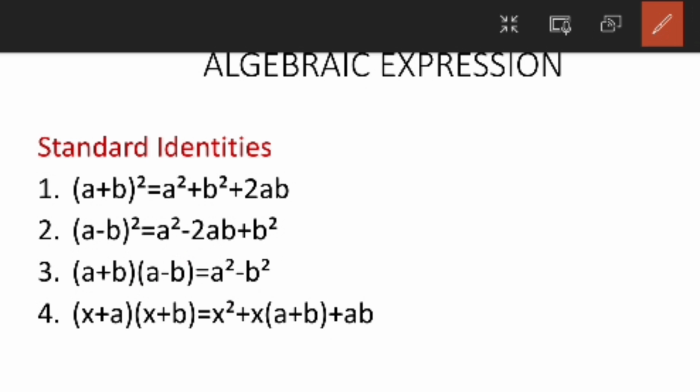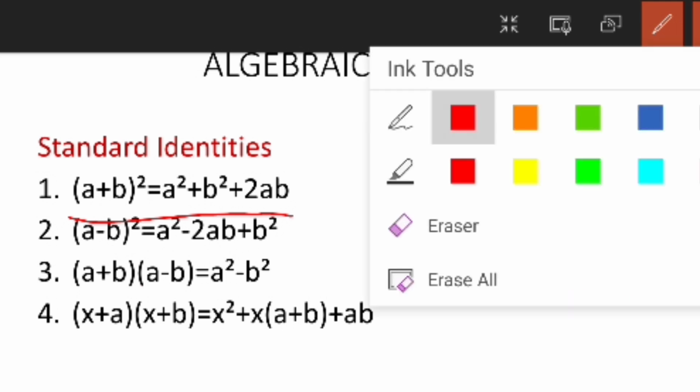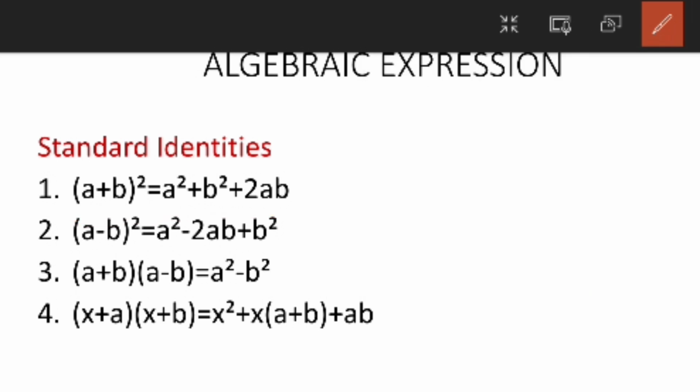Okay children, so first we will take (a plus b) the whole squared is equal to a squared plus b squared plus 2ab. Okay, see, if I give any value to these variables, that is a and b, it should be equal to the expression formed on the opposite side also, then only it is called an identity. Okay children, let us check whether we are getting the same answer on both the sides.